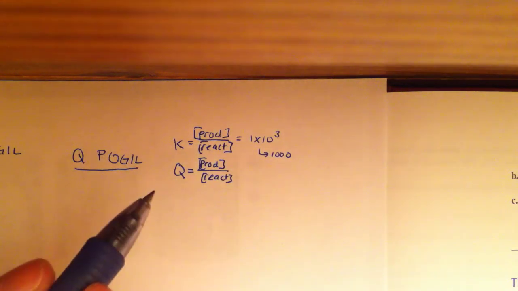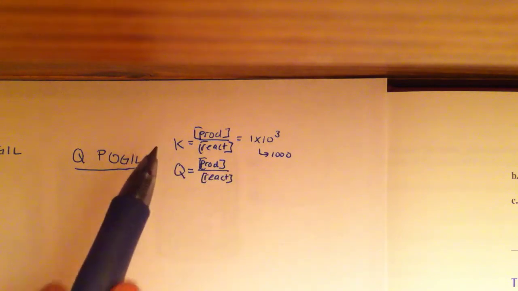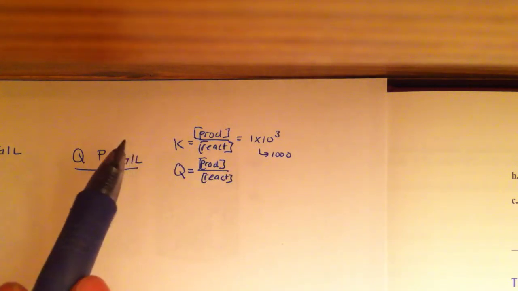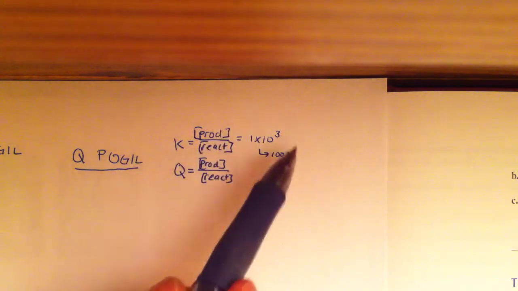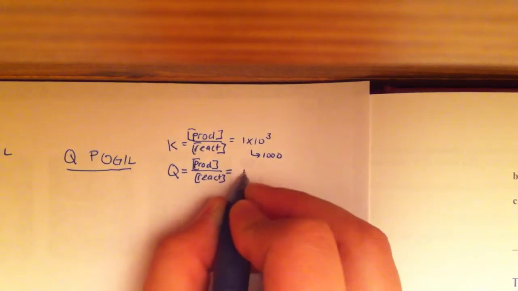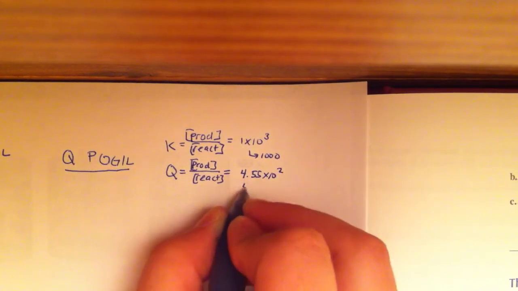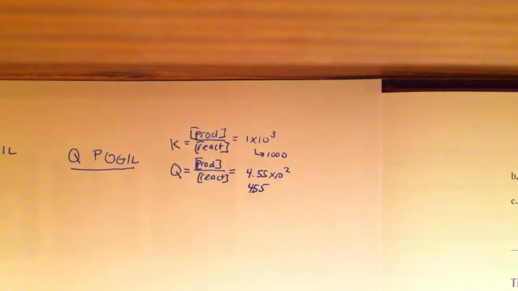The difference between the two is that K is only calculated when a system is at equilibrium. That is the ratio that must occur for the system to be at equilibrium. Q can be calculated at any point, so before the reaction starts, or in this case in the middle of the reaction when we added some reactants, we injected it with the needle. So when we calculated the Q, we found 4.55 times 10 to the second, which is 455, which is way